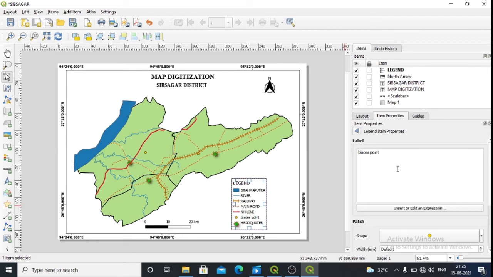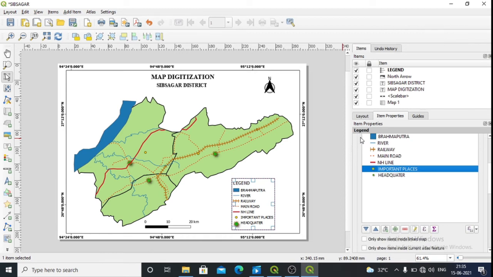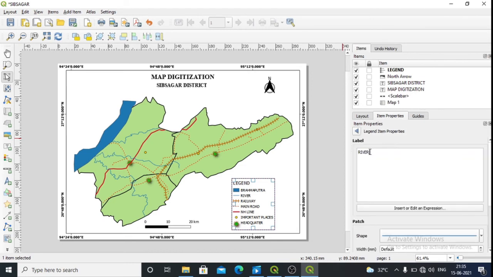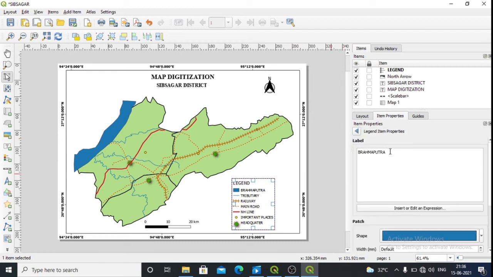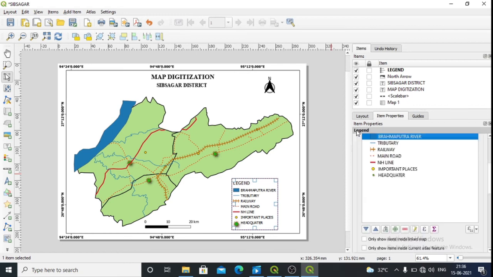This one also you want to change the name, important places. Then back. Then this is national highway line, main road, railway, river. This one you can make as tributary. Then back. Then this one you can write as Brahmaputra river. In this way you have added everything.